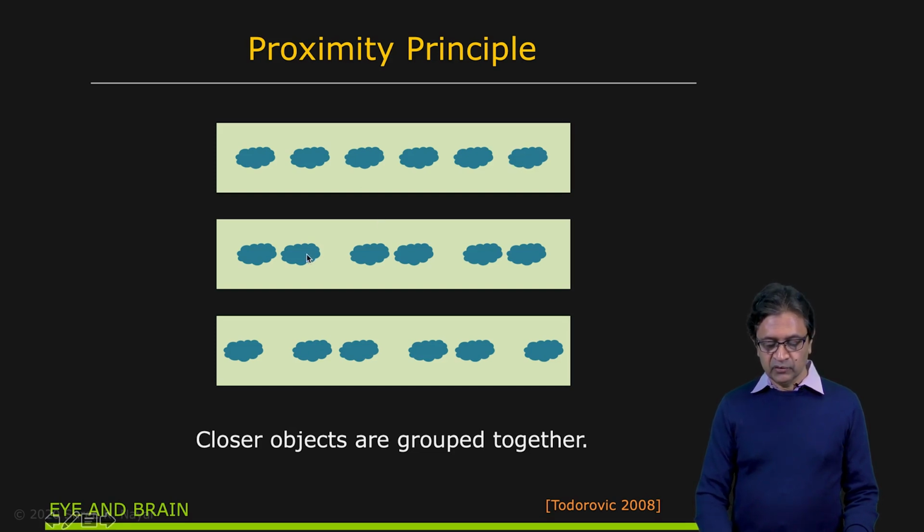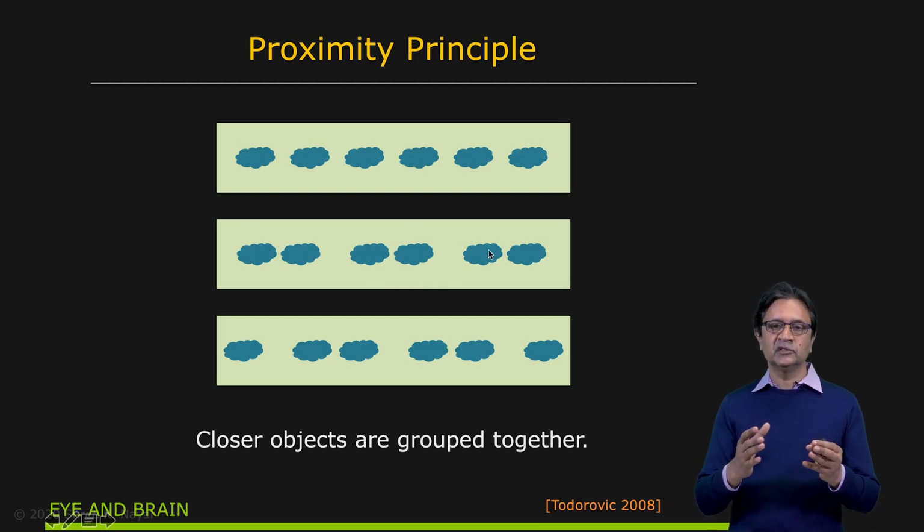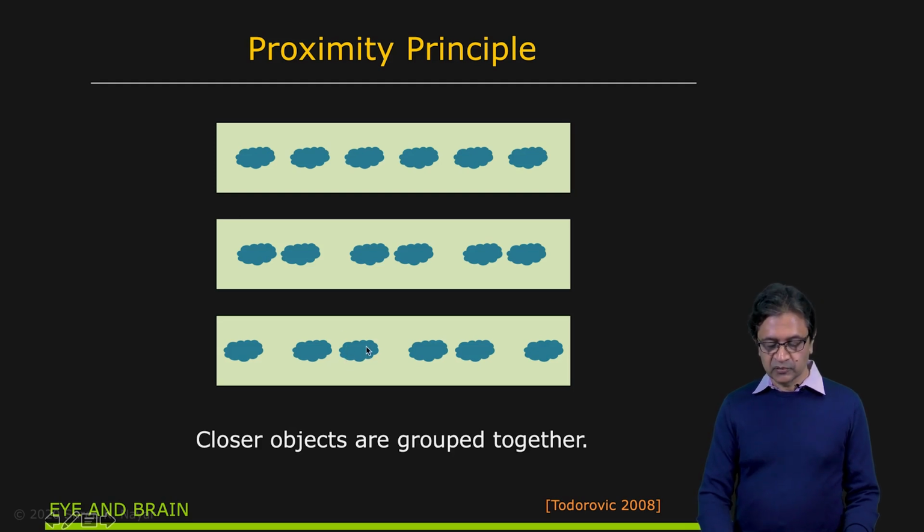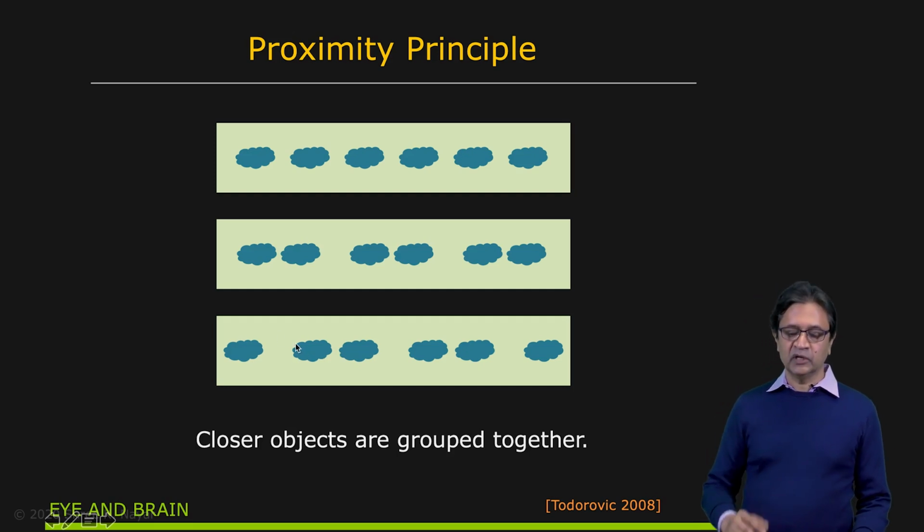And if you change the distances between the elements as such in the second row, you still can see this entire set to be one group, but now you see the emergence of 3 subgroups. And these subgroups emerge because you've changed the proximity or the distances between the elements. And now you can change the distances as such, and this is a different perception of the subgroups. Still, proximity dominates here in that you would characterize these 2 as being a subgroup and not these 2. So that's proximity. That's one rule.